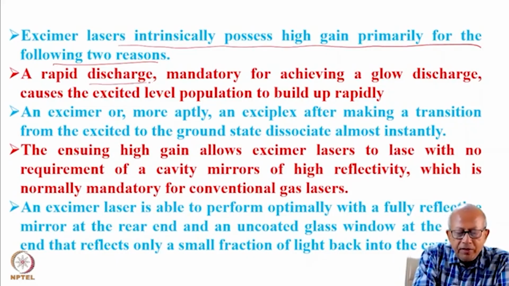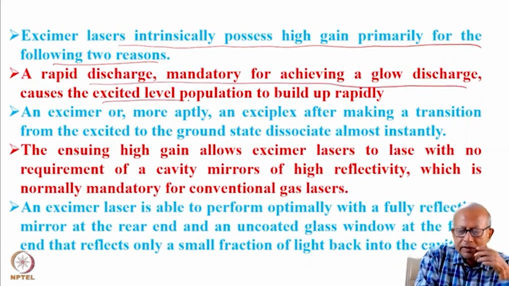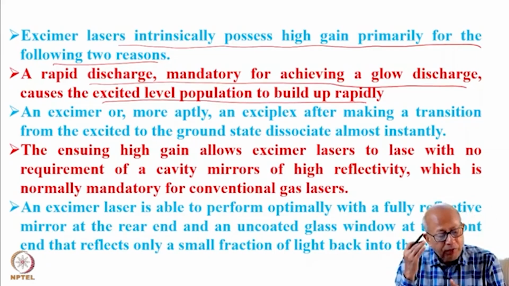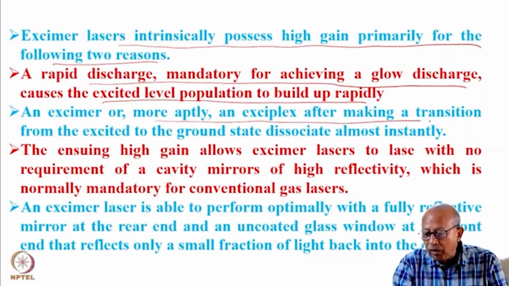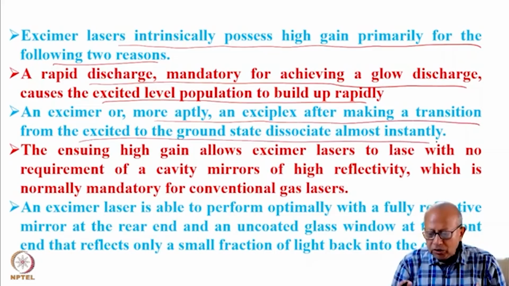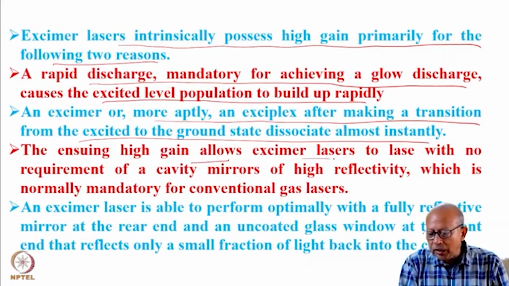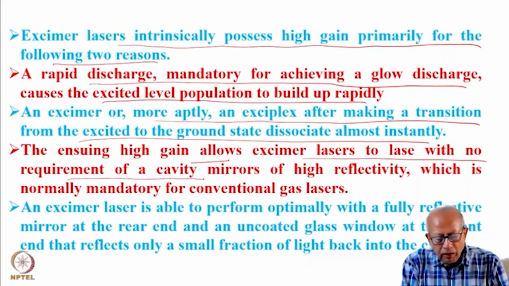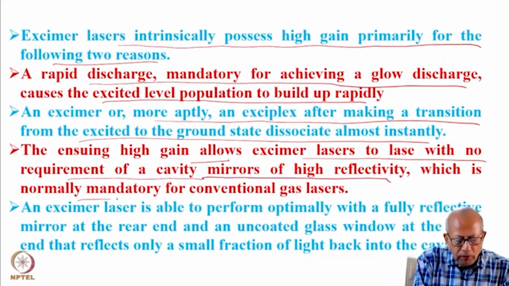A very rapid discharge, mandatory, as I said, for achieving glow discharge, causes the excited level population to build up very rapidly. That means gain builds up very fast. An Excimer, or more aptly the Exciplex, after making a transition from the excited state to the ground state, dissociates almost instantly. This results in very high gain. This allows Excimer lasers to laser with almost no requirement of cavity mirrors of high reflectivity,